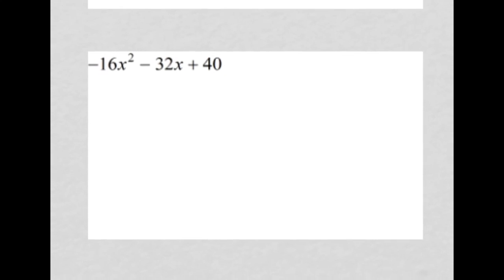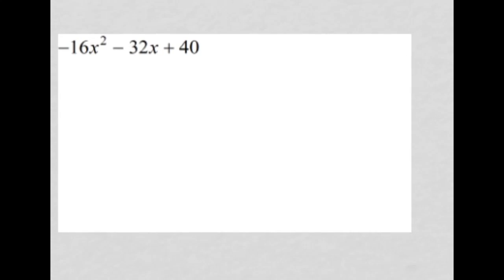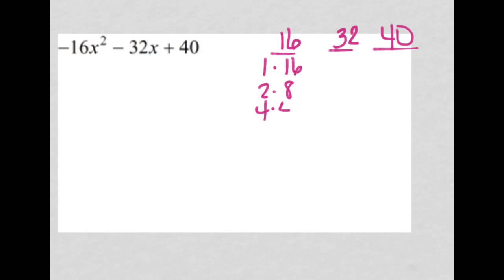Number 9 puts you right back with numbers. So I have a 16, I have a 32, and I have a 40, and I'm looking for the greatest common factor. Again, I'm hoping you know your multiplication tables enough that you don't have to go through this every time. But even if you do, it's still good practice. We've already done 16 once, so I wrote those down. Now let's do 32. 1 times 32, 2 times 16,